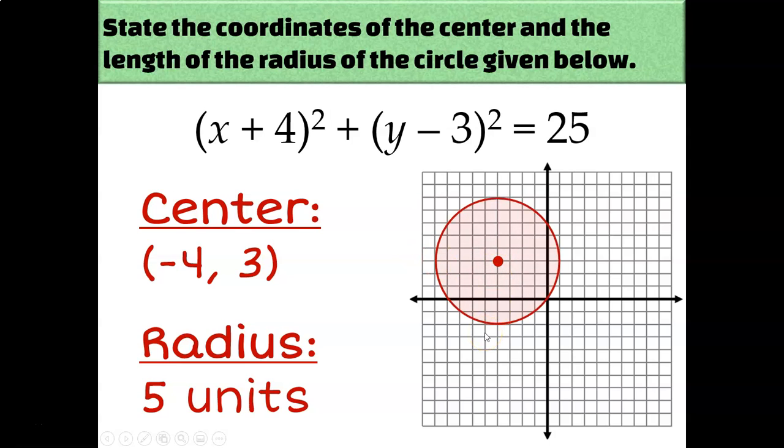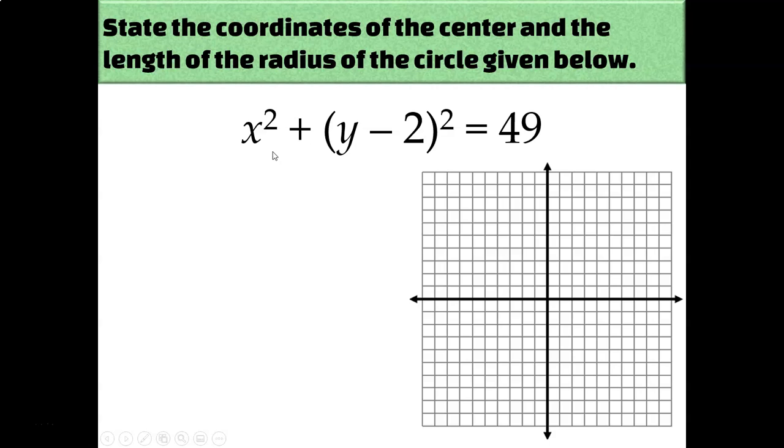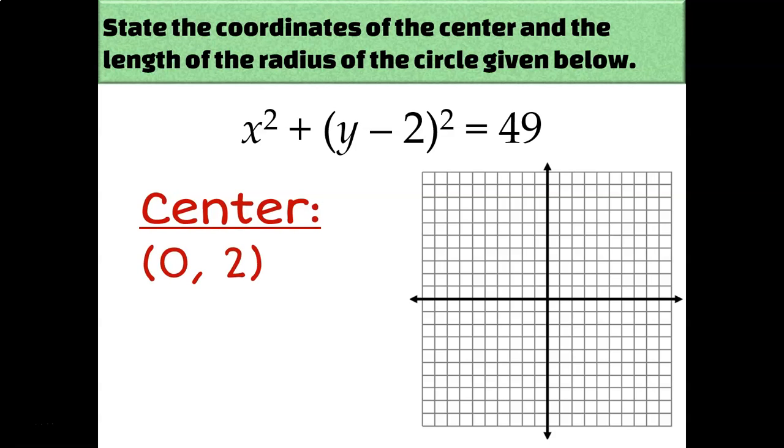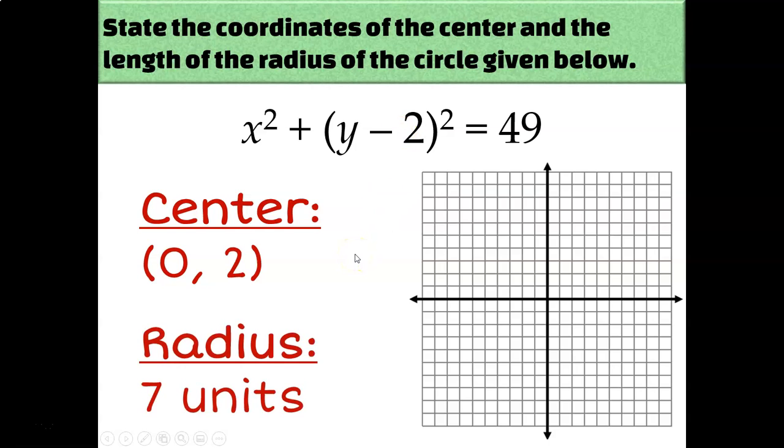and draw your circle. In our next equation, there's nothing being added or subtracted from x, so you can assume that means that h is 0. So the coordinates of the center of this equation would be the point (0, positive 2), and the length of the radius would be 7. So I'll put a point at (0, 2), and I'll count up and right and left and down 7